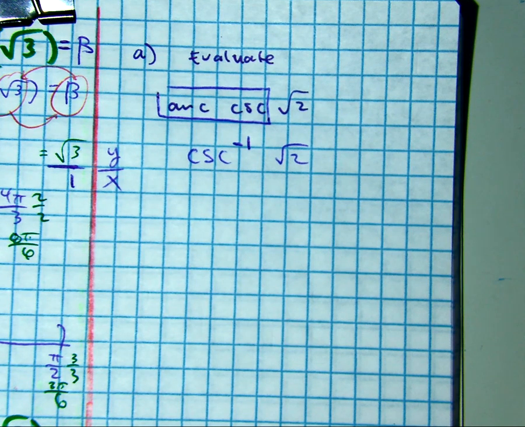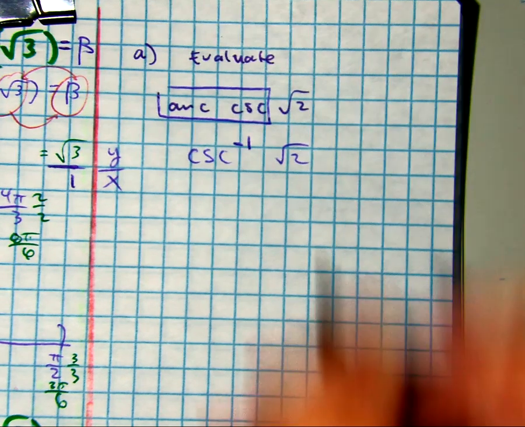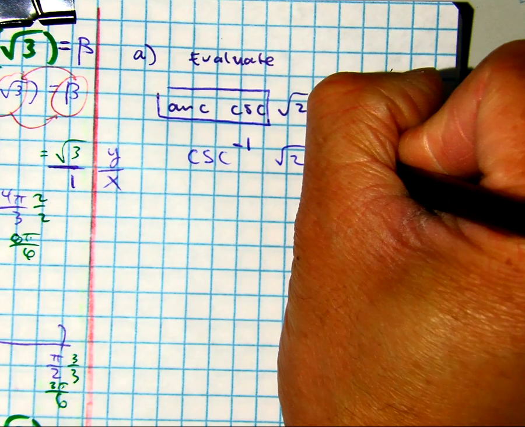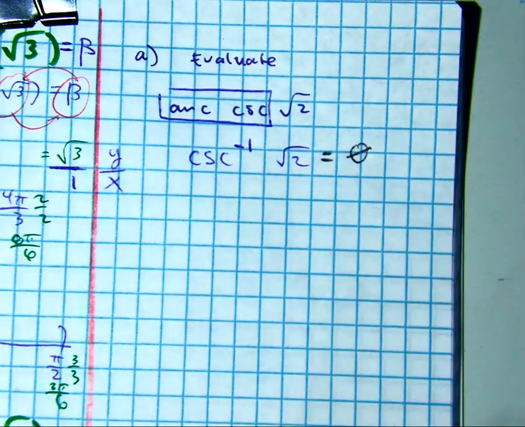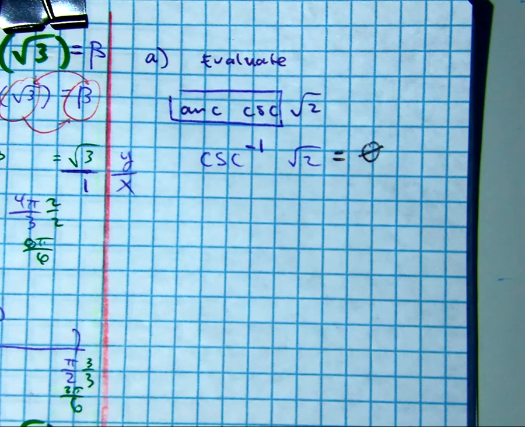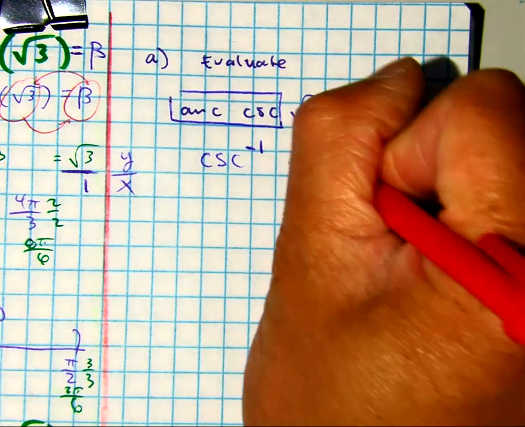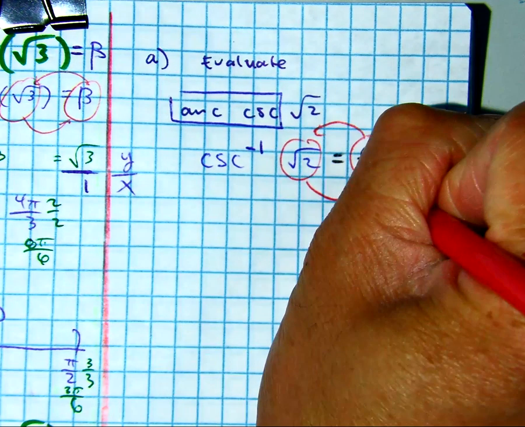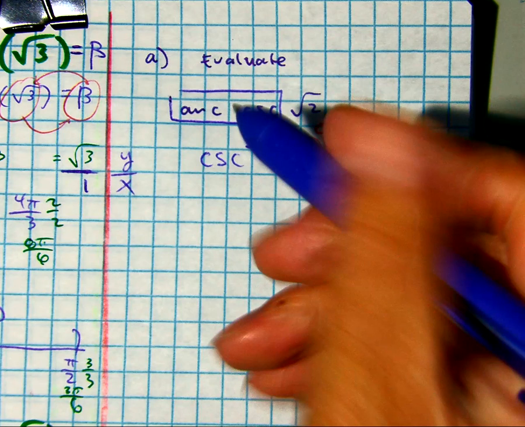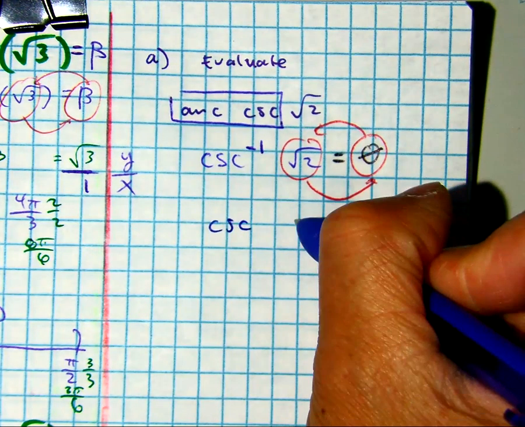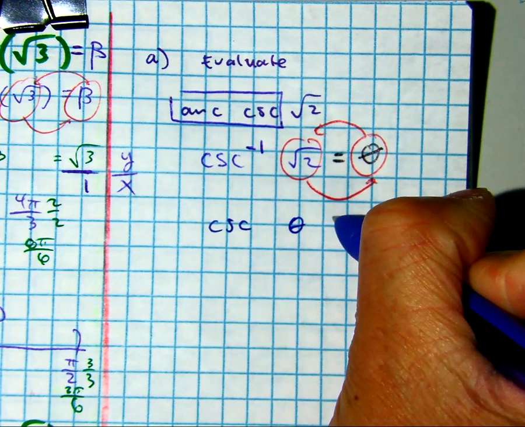Okay, what's our first step? Make it into an equation. What's your favorite Greek letter? Theta, someone said. Okay, now what do we do? We switch them. What do I have now? Cosecant of theta equals